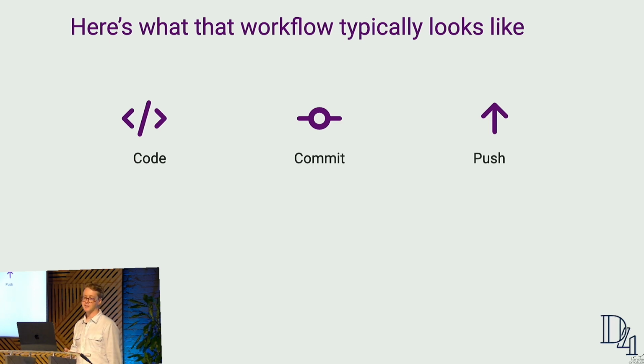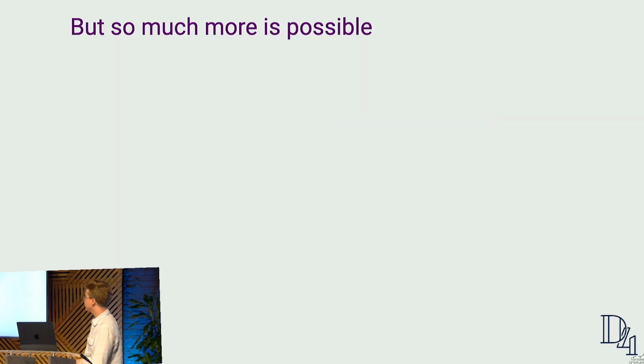So imagine you write an R package, you make some changes to that R package, you commit that, you push that up to GitHub. GitHub Actions sets up a machine for you, installs that R package, runs those checks, and you either pass or don't pass those checks. That's a traditional CI/CD approach. But like I said, it's kind of boring. There are many more things that you can do with GitHub Actions.